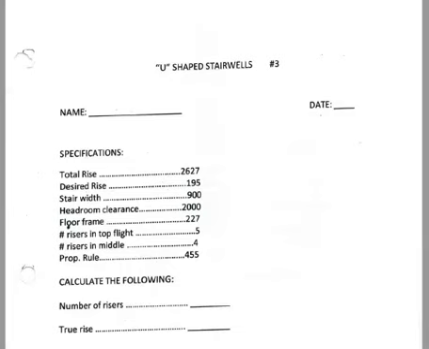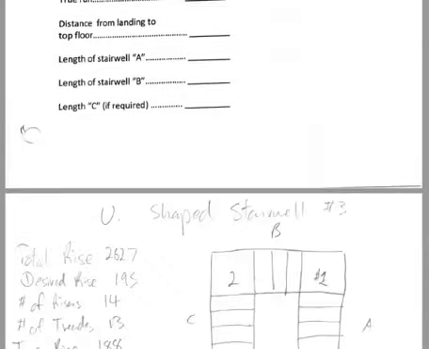Okay, this is a video walkthrough on how to calculate U-shaped stairwells for second year, H-line, H5. This is typical of a lot of the math sheets that you'll get. So you have a list of specifications. And like any stairwell opening calculation or stairwell calculation, we need to figure out our true rise and our unit run. Okay, so that's the first move, is to take that total rise,